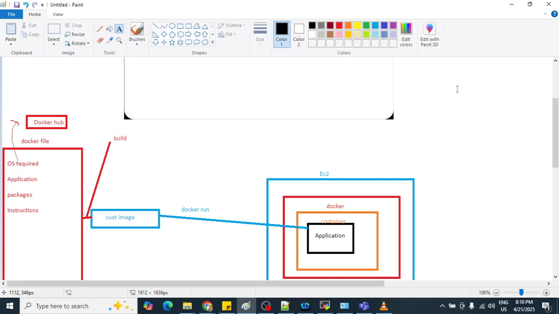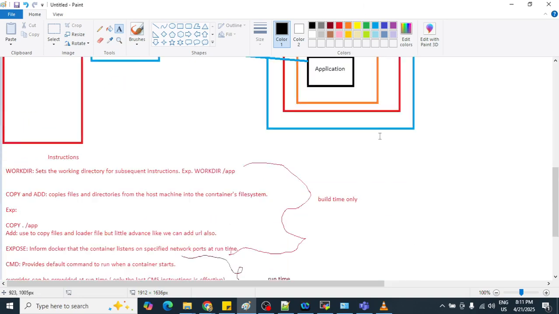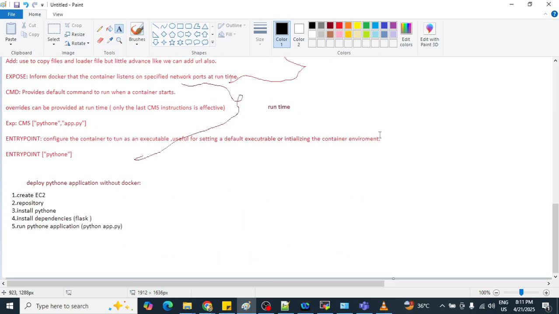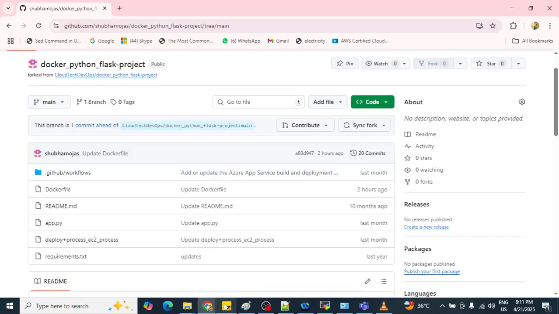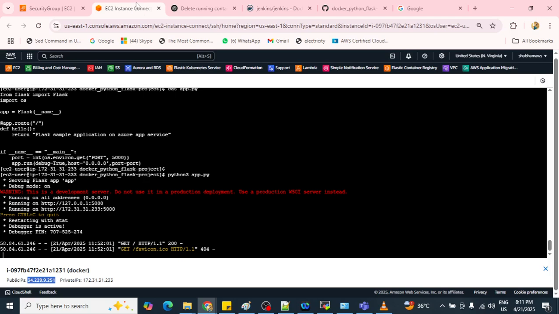It is already mentioned here. So last time, if you need to deploy that Python application, you required EC2, a repository, Python, and dependencies, and you need to run that Python application. That thing we have already shown you.